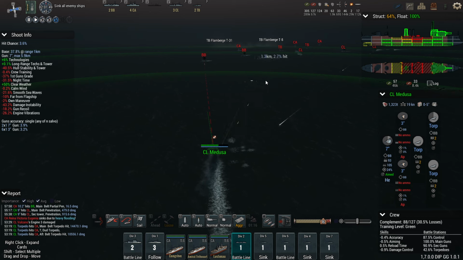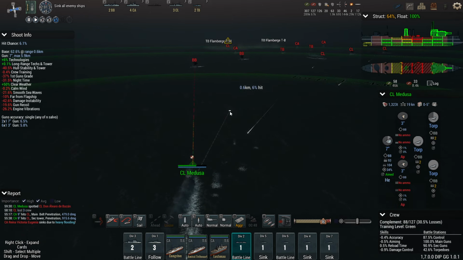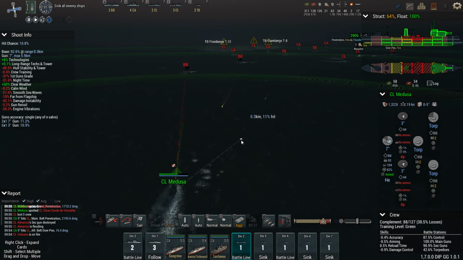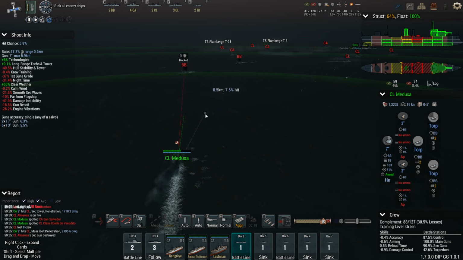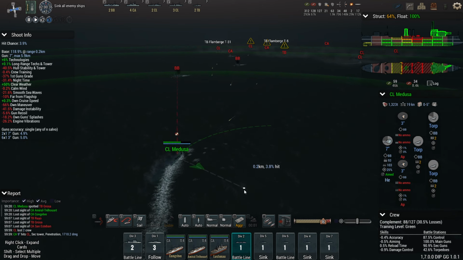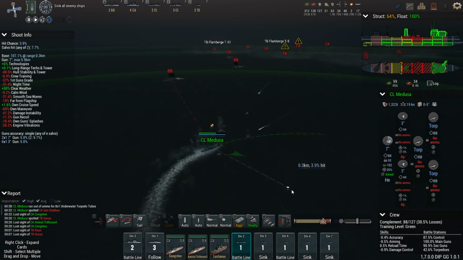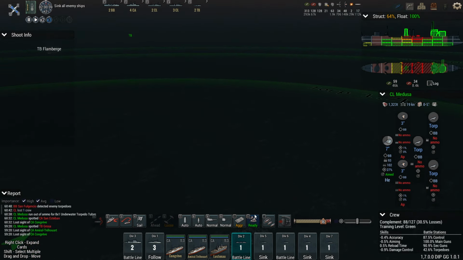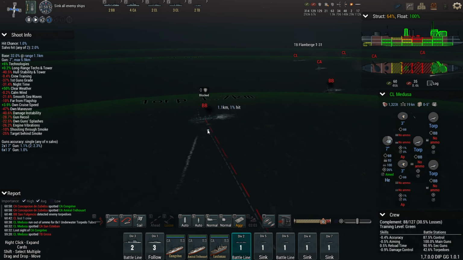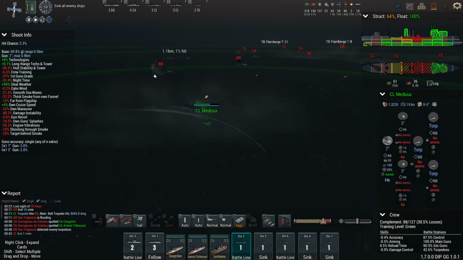So I want to turn this way. Which is very, very risky. But here we go. Light cruiser broadside onto a battleship. Dump torpedoes. Smoke. And get out. Torpedoes will hit. Well, that was one torpedo. Don't know what happened to the other one, but...